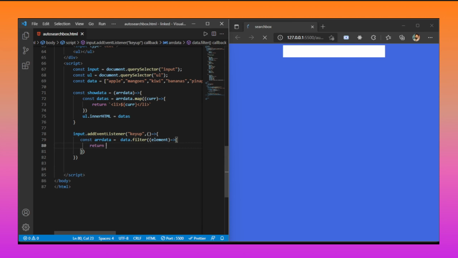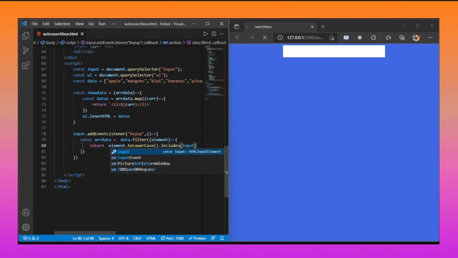The condition is element.toLowerCase. If there is some capital data, it will convert into lowercase, small alphabets, and .includes, if there is any include of